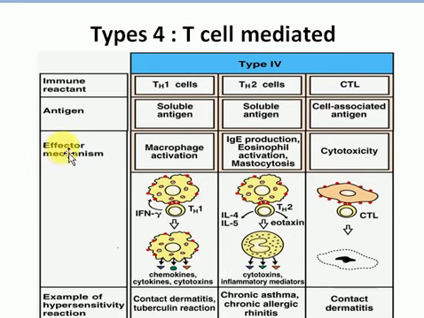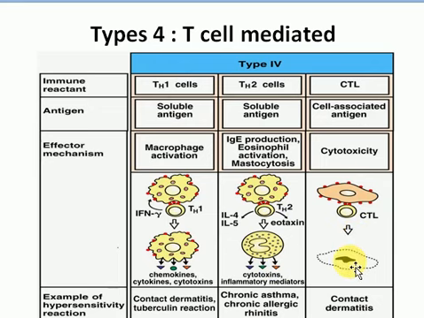Coming to the effector mechanism, in this figure you can see there is macrophage activation which releases interferon gamma, and finally chemokines, cytokines and cytotoxins are released on activation of the T helper 1 cell. In T helper 2 they produce immunoglobulins and eosinophilic activation of mastocytes. Interleukin 4 and interleukin 5 are responsible for generation of cytotoxics and inflammatory mediators, whereas cytotoxic T lymphocytes produce